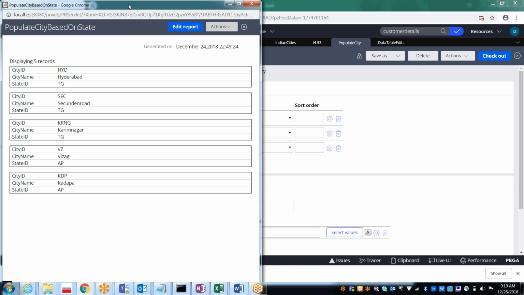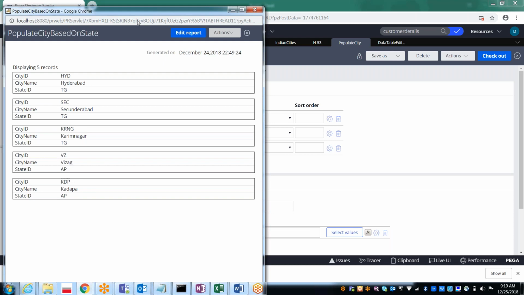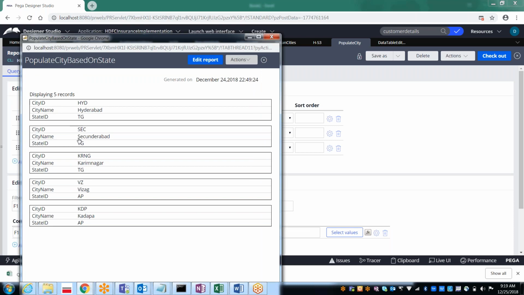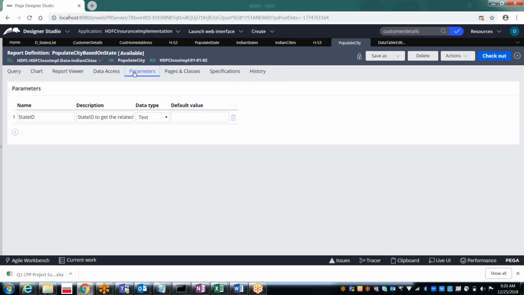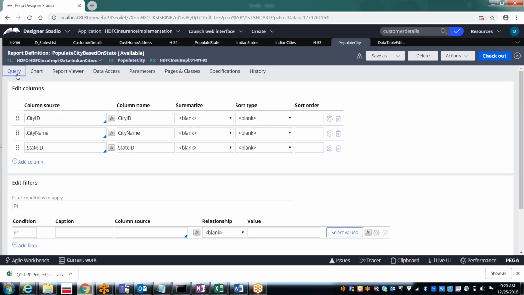But as I said, we want only specific cities of the particular state. That means if I pass TG as a parameter, the related cities for that TG have to be returned. For this parameter I have given state ID. So for this state ID, you can specify the filter here.